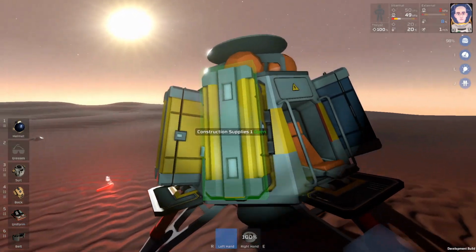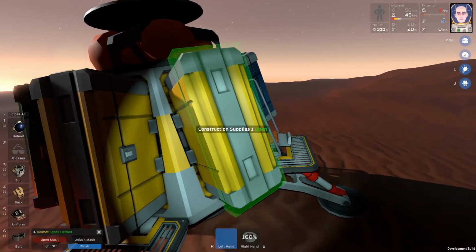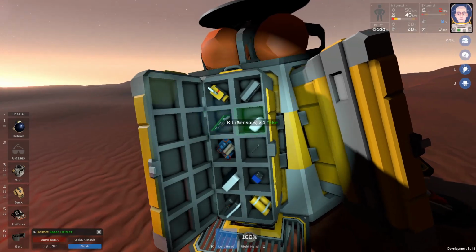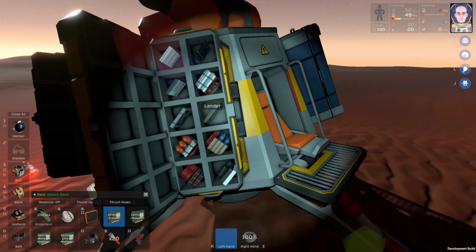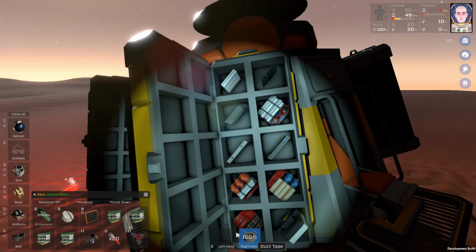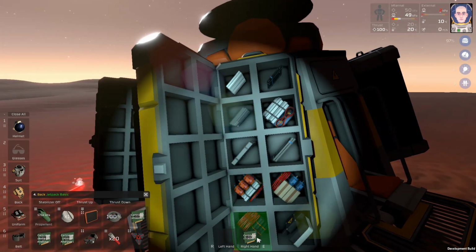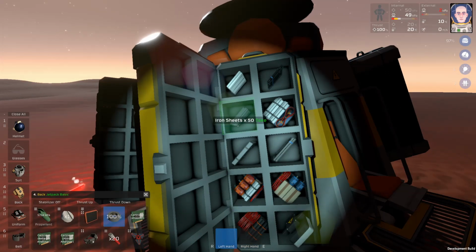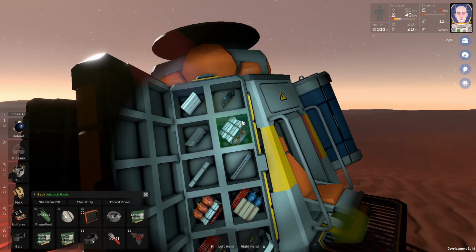So one of the first things a lot of people do when they play Stationeers is to lock their mask. Go ahead and do that. And then the other thing a lot of people do, myself included, is a bit of inventory management. So for example, I'm going to put my duct tape in my suit here. I like to keep it there. I'm going to put the tracker in the tablet. And then I want the solar panel, so I'm going to swap the portable solar panel for